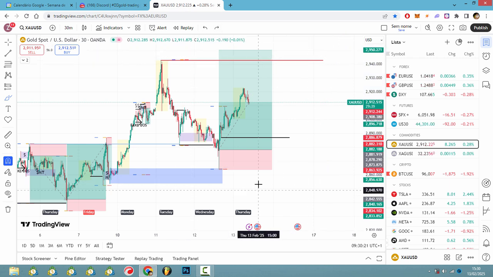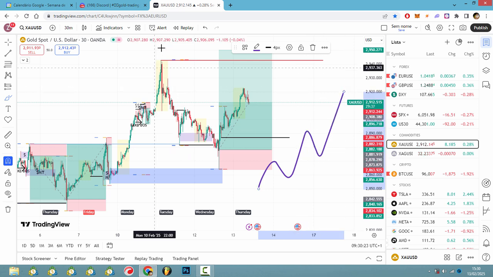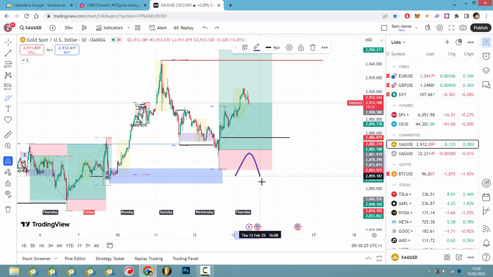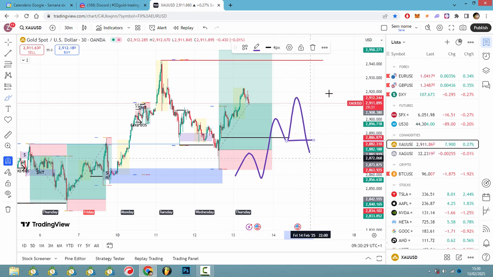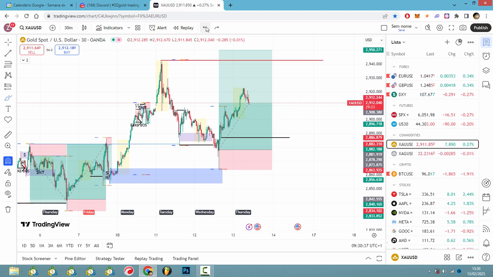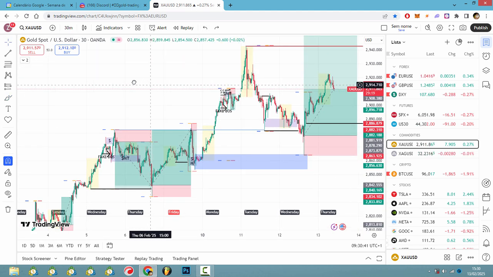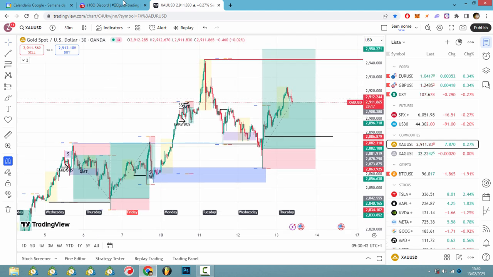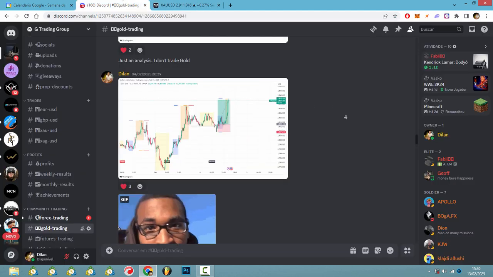It doesn't move like a simple line like this, all right? As I'm showing y'all, it moves like this. Take out liquidity, we go. We take out this liquidity, we go, and then just like this. Because otherwise we would all be millionaires, all right? Just trading simple shit. Just to show y'all how our members have been killing it.